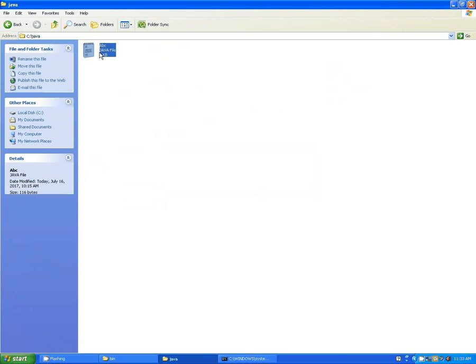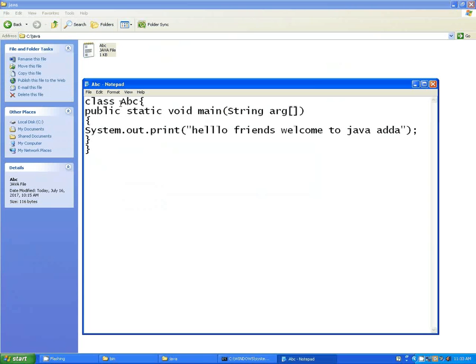Now, this is a class in which you are creating one class ABC. We are going to talk about class, object, all those things later. But for the sake of understanding how to compile and execute the program, I am writing a simple program which is simply printing "Hello friend, welcome to Java Adda."